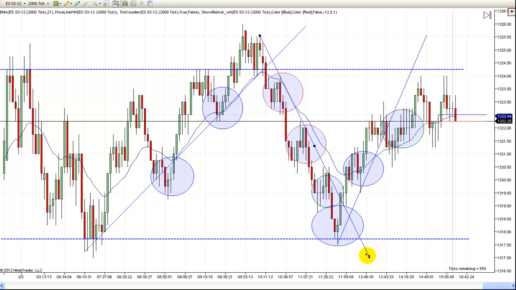But sometimes you get it right. But this just shows you, like I talked about before, you don't have to get it exactly right. And if you draw it the way I had it drawn, you still get the same result, except you actually get a little break of the trend line right here, and then two legs down to a new low that